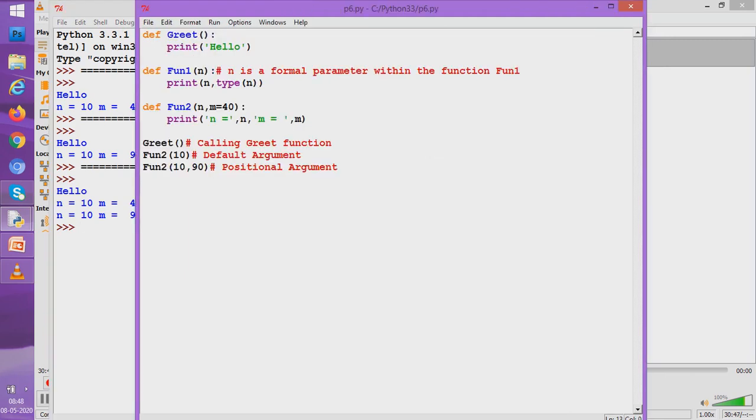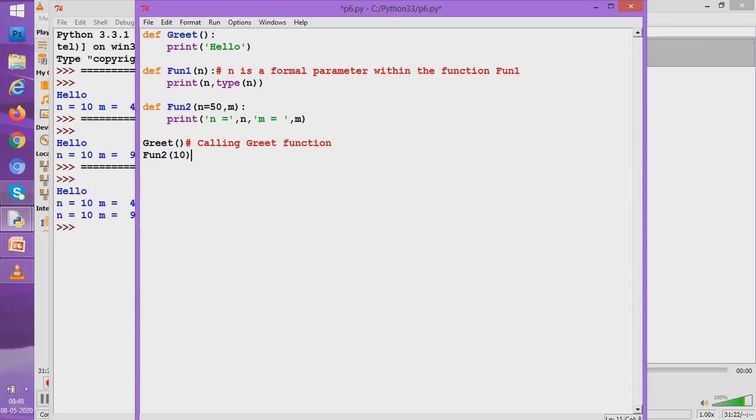Now let us try something else. What is that something else? I would like to give a default value to n. So let us give a default value to n. Now what do you think? Are these functions going to work for us? Let us do it one by one. Let us delete this portion and only try function 2 with 10 as a value. So students, you will be thinking, okay, n has got a value 50, so 10 is for m, and it is going to work for us.